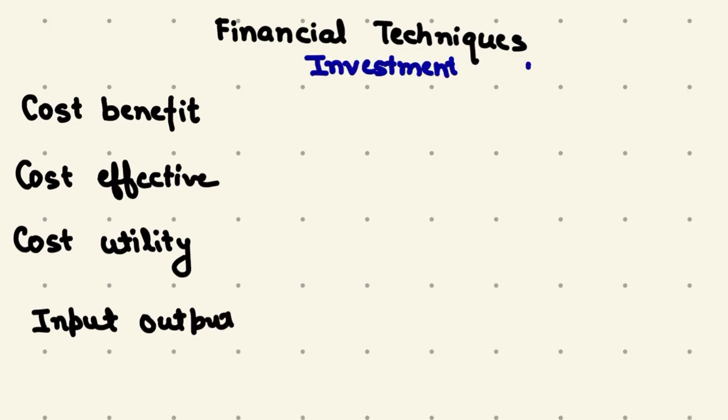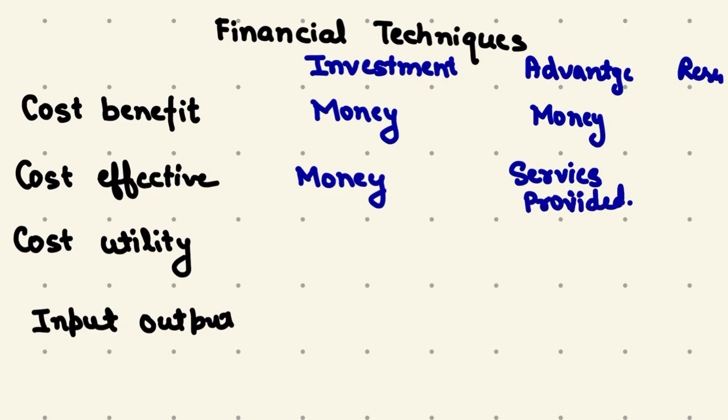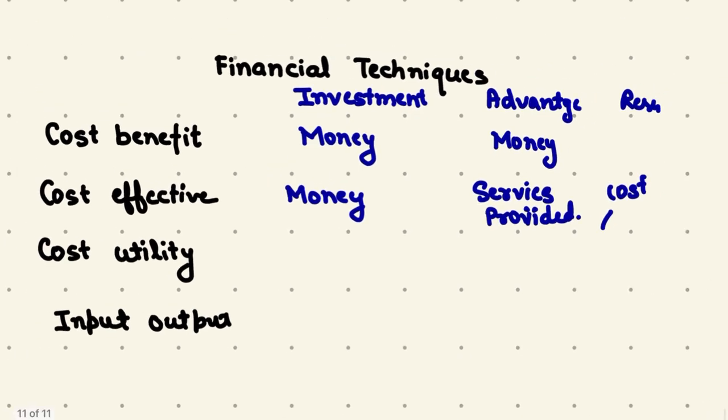In cost benefit analysis, the investment is money and the advantage is also calculated in money. In cost effective, the investment is money and the advantage is in services, the service that we provide, and results are measured in cost per life saved. In cost utility, we calculate the